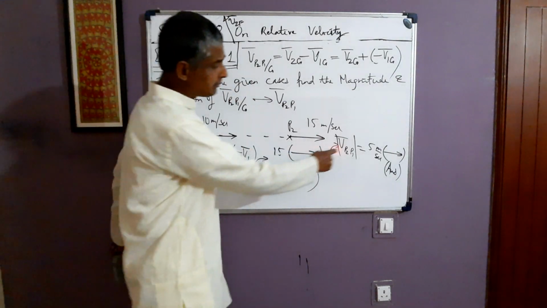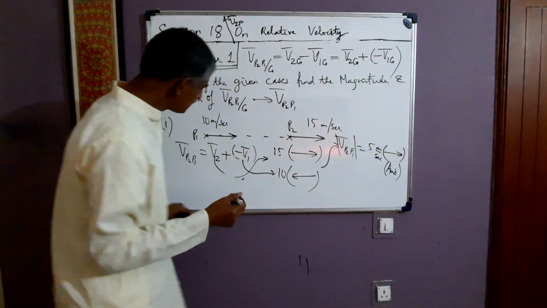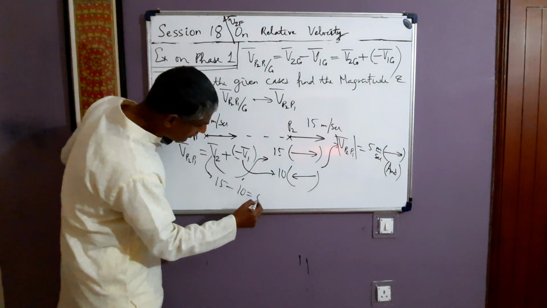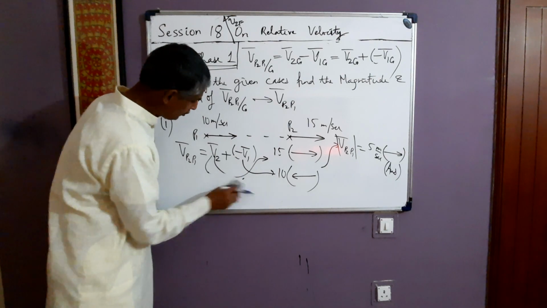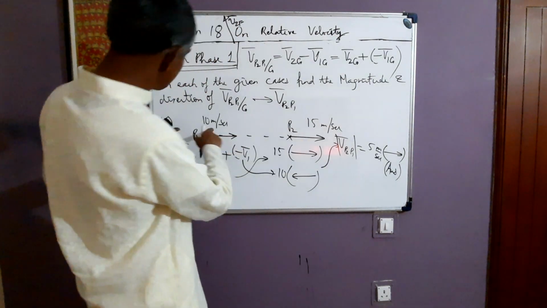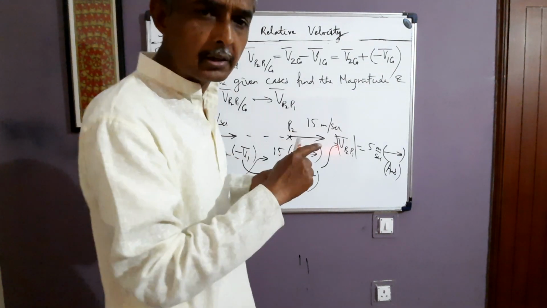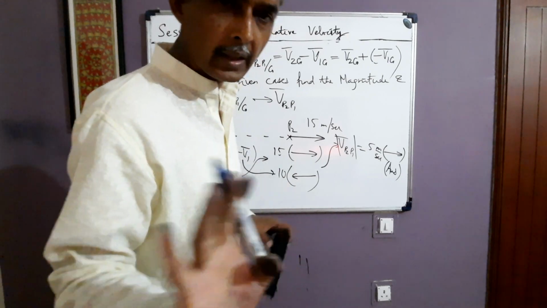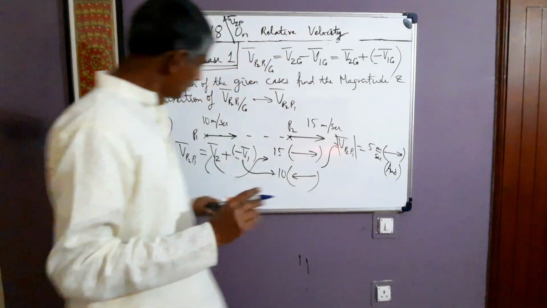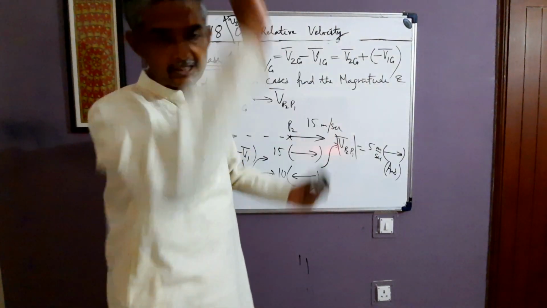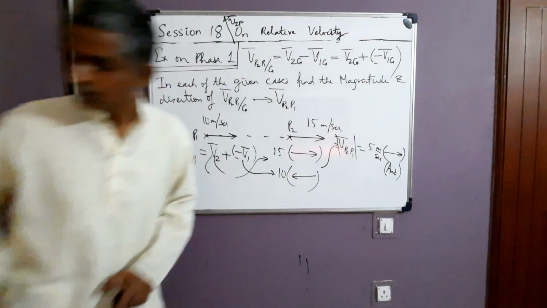It is unnecessary, I don't want to fiddle with mathematics. I've seen many students writing 15 minus 10 and then they say 5. No, don't say this, not like that. Suppose 15 is leftward and 10 is rightward, then as they find the relative velocity, students write 10 minus 15. No, I would not recommend you to do it that way. You can directly reverse and add, that's all. Once you reverse, then follow the rules of vector addition. As simple as that. Fine.